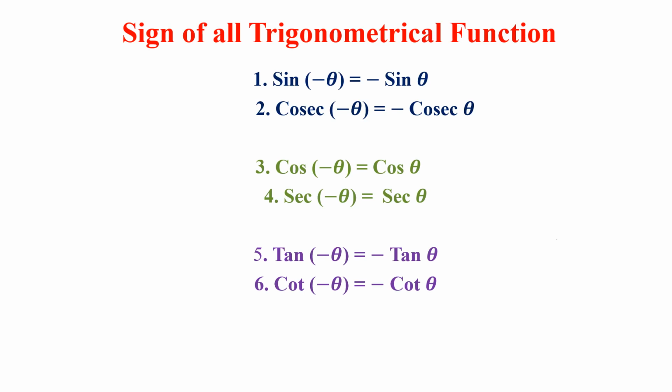Especially today I am going to discuss cos and sec, because cos and sec theta for a negative angle also give a positive value, you can see over there. But sine, cosec, tan, cot, for a negative angle give a negative value only. So that's why this video is very important for you, to know why cos and sec are always positive for a negative angle also. So let's begin